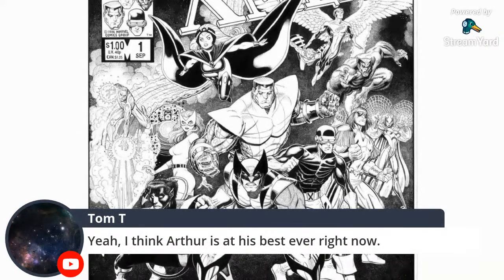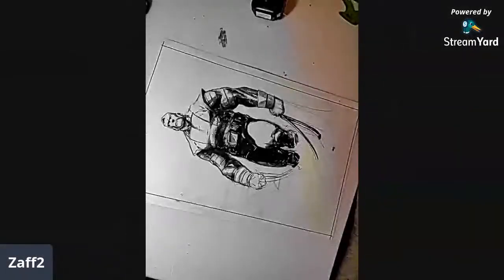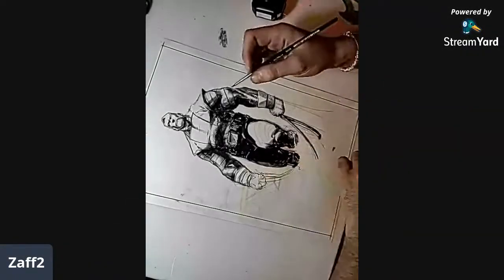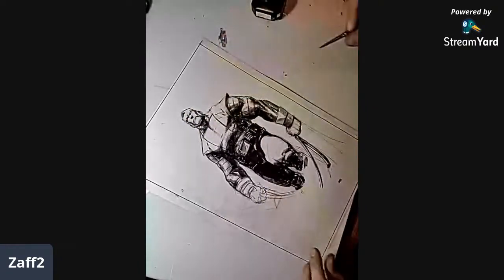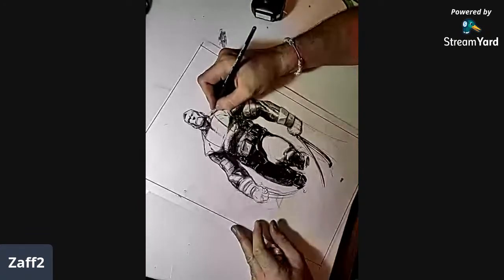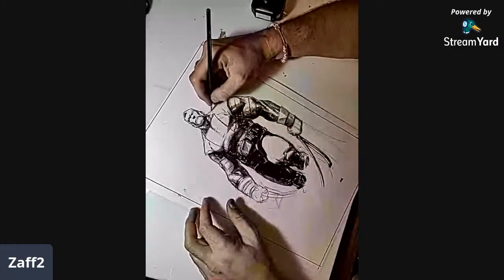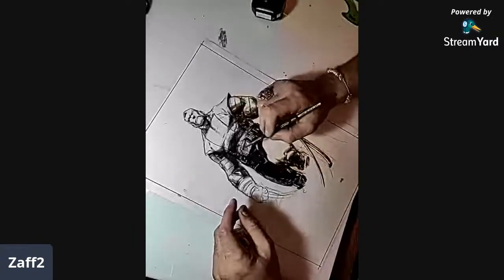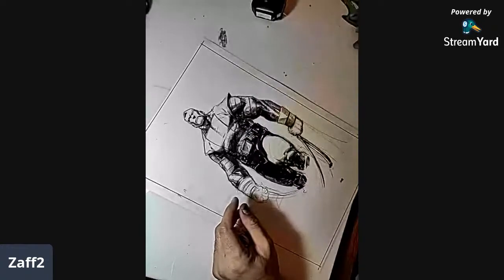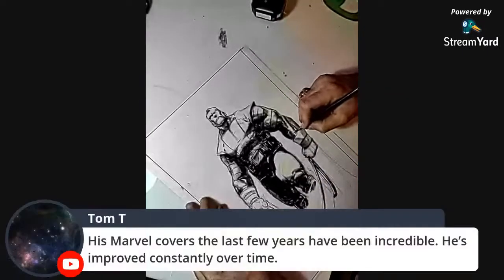Well, Vic brings up, sorry, question for Zaf here. Is that one of the reasons you like covers more? Is you get more time to focus on every character? Actually, I think of myself more as an illustrator than a comic artist. I always enjoyed more illustrating stuff and telling everything with one picture. But I found a lot of things I love about comics, interior art over the years. But I think I always try to go back to covers because that's my favorite thing to do. I love looking at interior pages, but